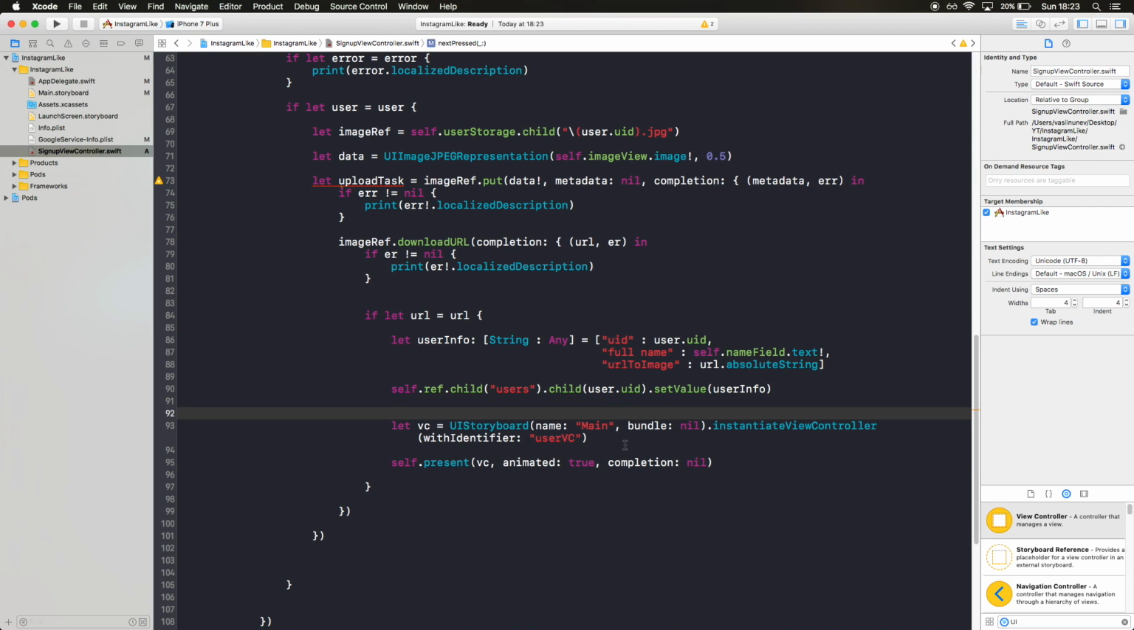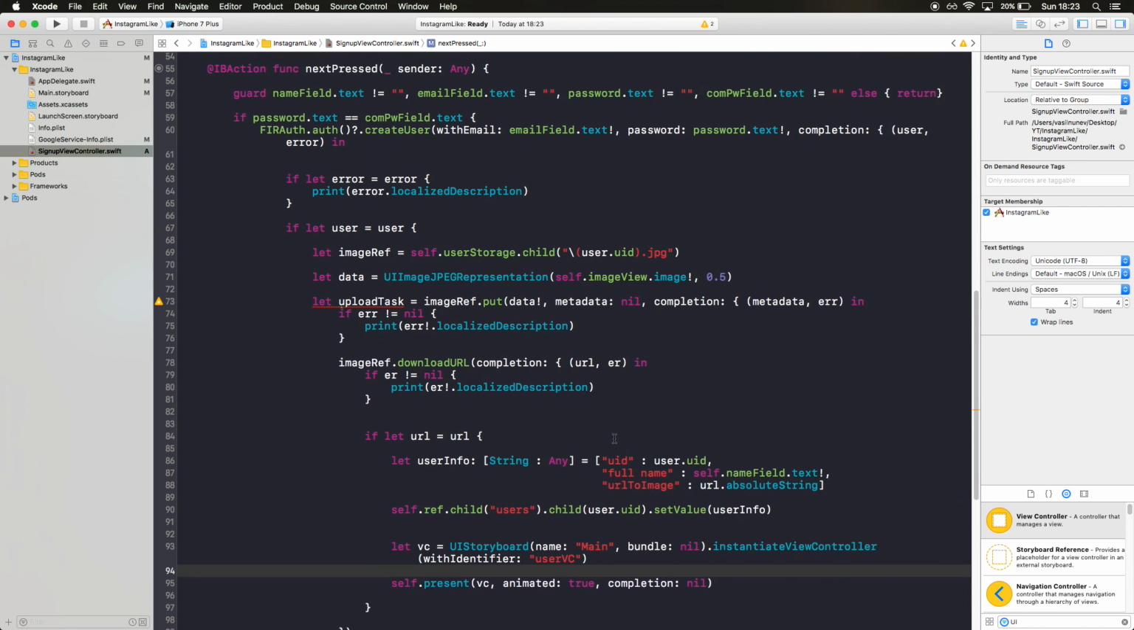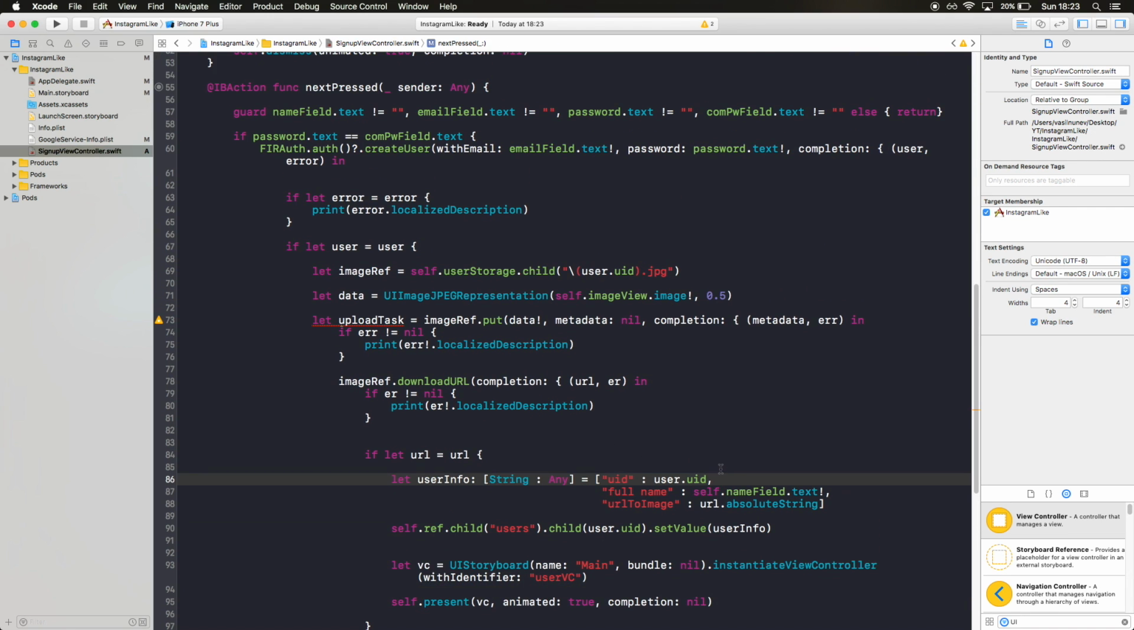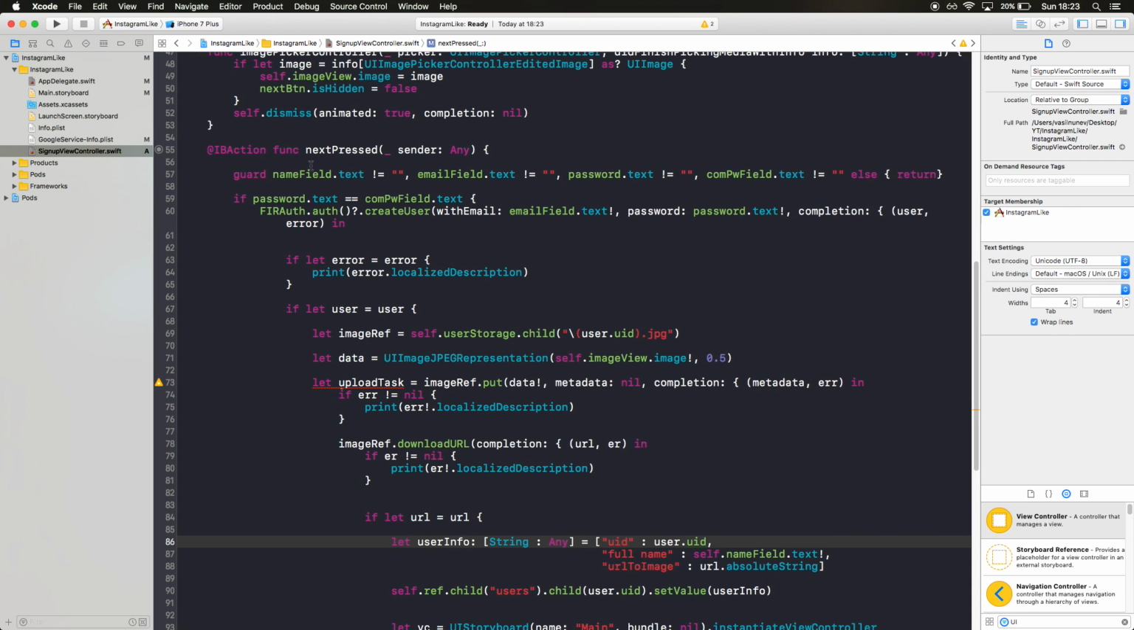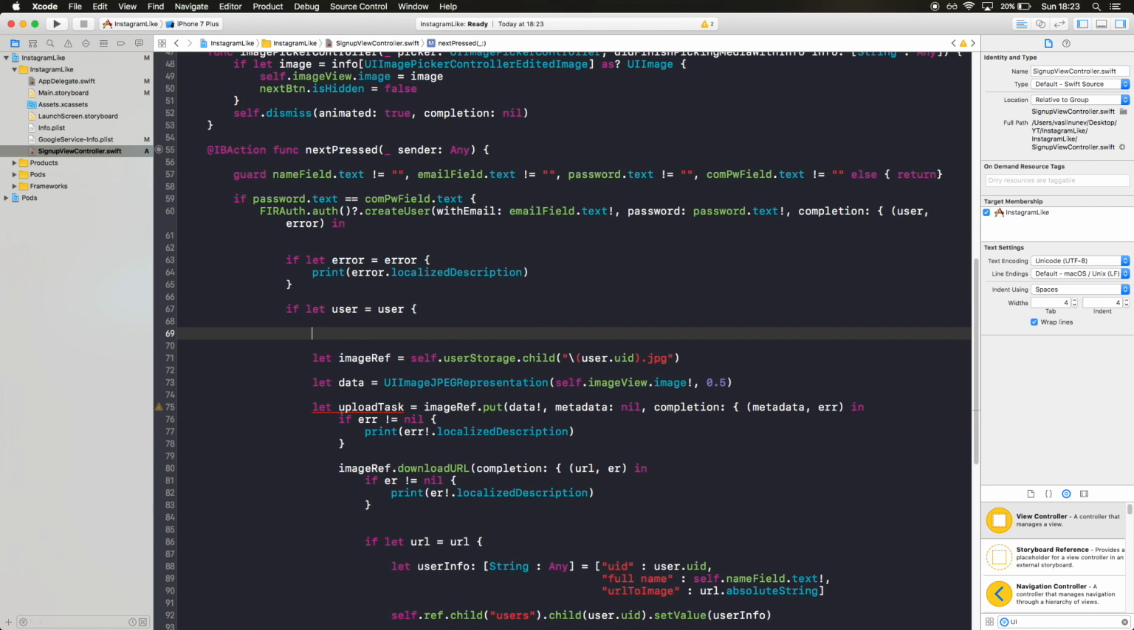Now one thing before continuing, I want to set up my Firebase current user's display name to be the name of the field that they entered. And right here, when I say if let user equals user, I want to make a change request into my Firebase authorization. Let's go and create this change request,